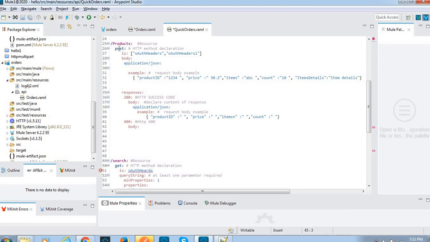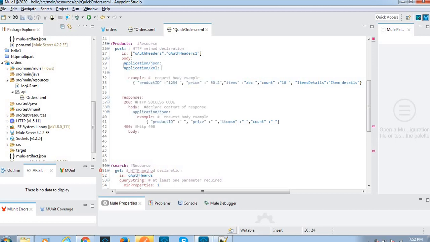This is the post method, and this is the security, the HTTP security implementation, and the body type, XML or JSON, application JSON or XML we can define, and the example and response. This is the 200 response, and the body looks like this, and the 400 body. We can define the example also for this 400 status code.